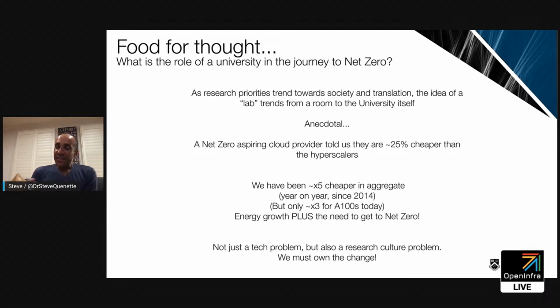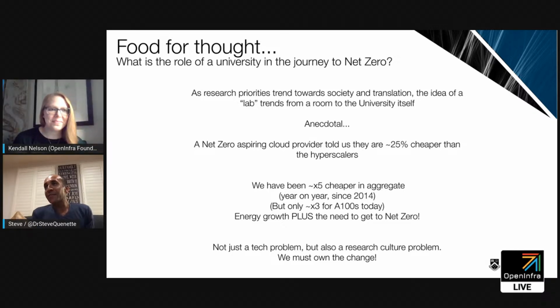One of the advantages of OpenStack and owning the whole stack all the way down is we can start to tackle this problem. We can look at how the university gets the greatest value, keeps the high rate of cheapness or dollars per capacity, but also goes net zero, because we could be working with the technology providers to do that and all sorts of bits and pieces. So I'll just leave you that food for thought. And the value of OpenStack is many things. It's not just technology. It gives us the ability to be a university.